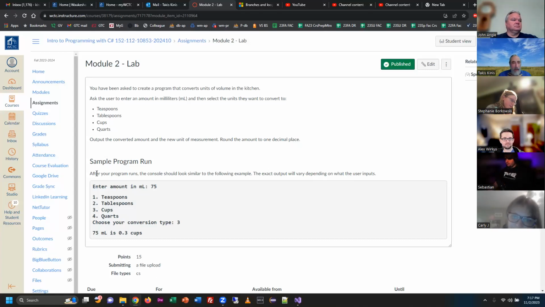All right, so after your program runs, the console should look similar to the following example. The exact output will vary depending on what the user inputs. So we're going to ask the user to enter an amount in milliliters. We prompt the user with this, and then they type this and press enter, right? And then they will also get this screen that pops up that's going to ask them,